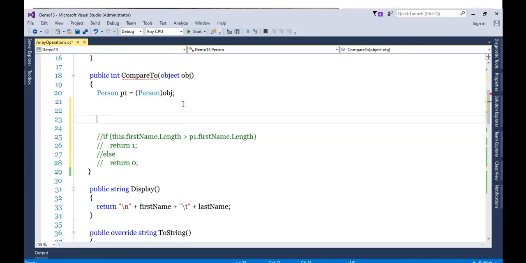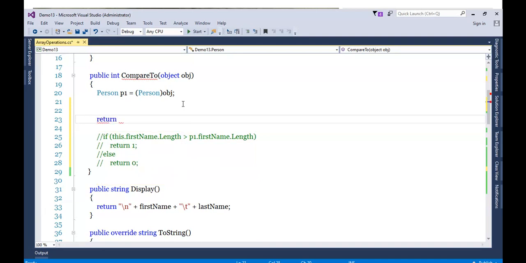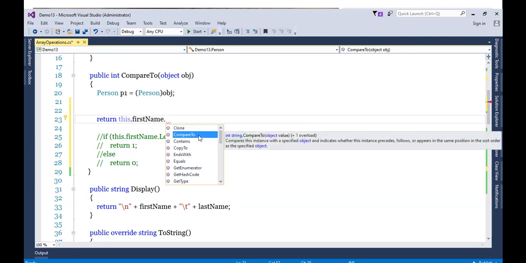Simply return this.FirstName. You can watch here, it is exposing CompareTo, which we are going to use.